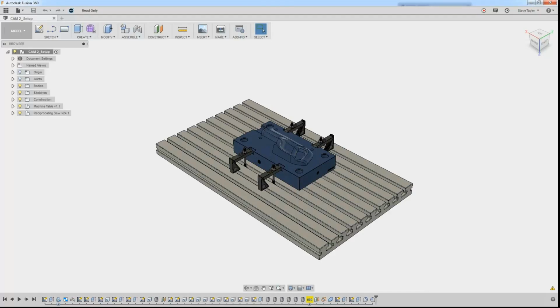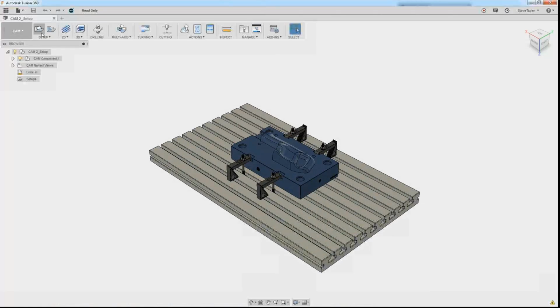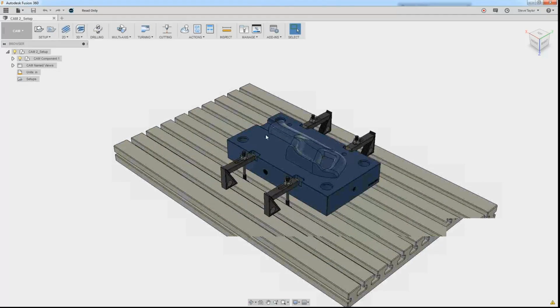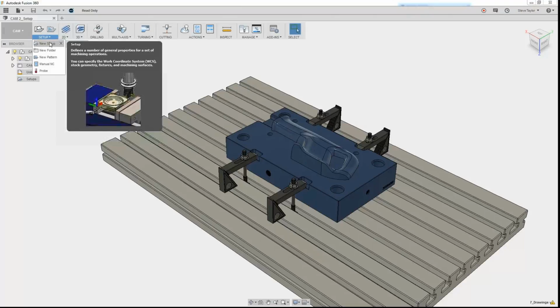To start creating a setup, we need to first go into the CAM workspace. So I go into the CAM workspace here. You'll notice all the tools have changed up at the top. These are all relevant to the actual CAM workspace that we're going to be using. And you notice I've got a setups folder, which currently I've got nothing in there. So we actually need to create a setup. So if we go into setups, new setup,